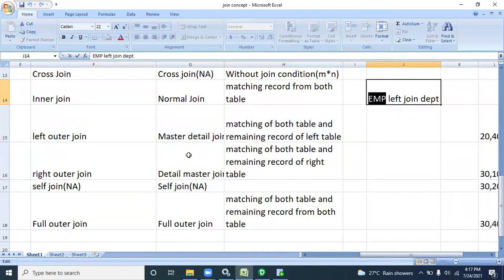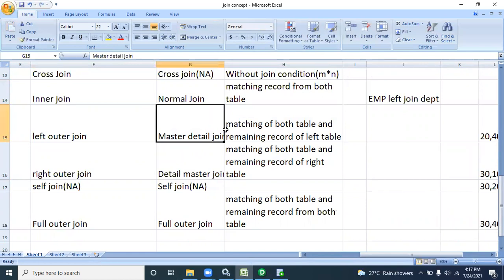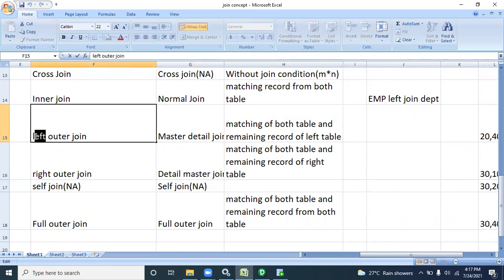But when you are implementing master detail join, you get matching records from both tables and the remaining, or non-matching, records from the detail table, not the master table. That means when we implement the left outer join, we get matching records from both tables and non-matching records from the left table, in other words all records from the left table.